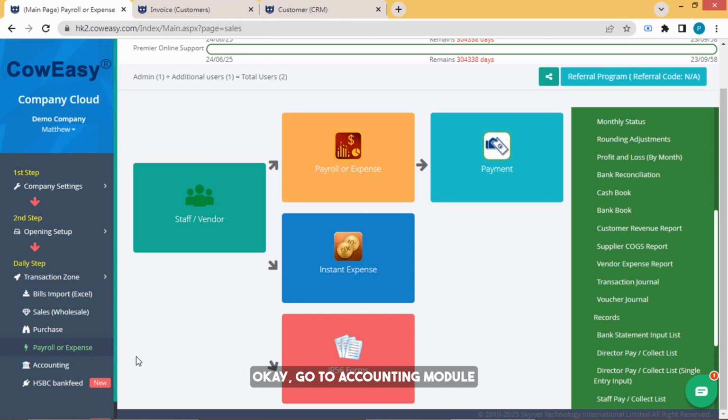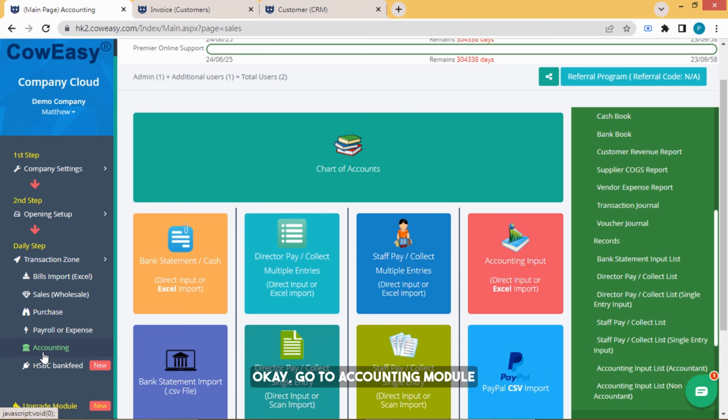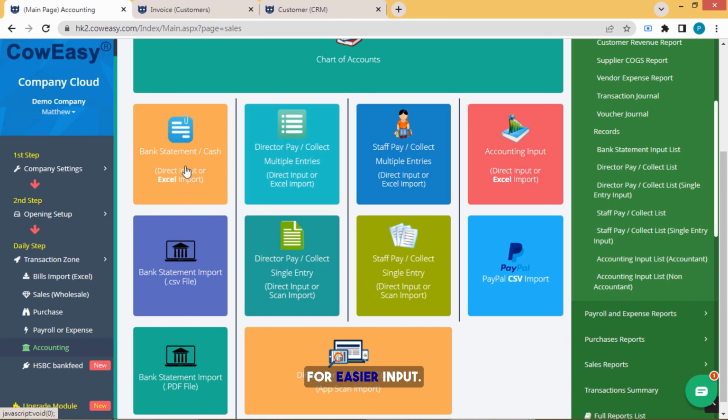Okay. Go to the accounting module. As mentioned before, first, set up your accounting goals here. There are exactly 4 main functions listed right here. The very first option here allows you to directly use your bank statement for easier input. Enter directly. Please have your bank statement ready and open to the correct page now. You can enter each item one by one. This is the first